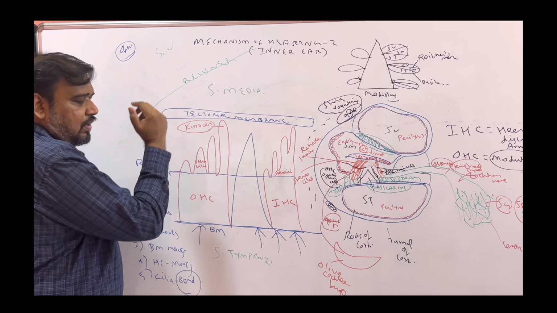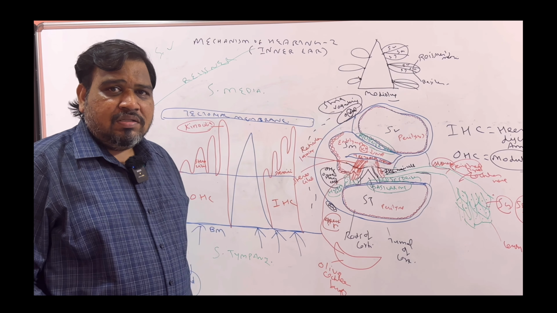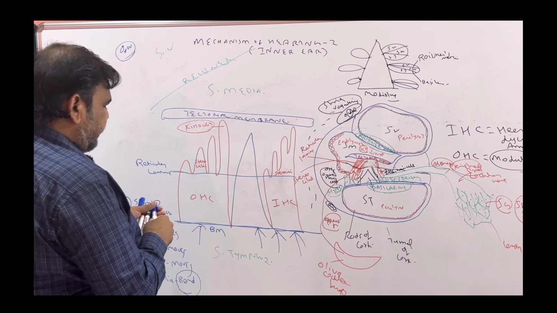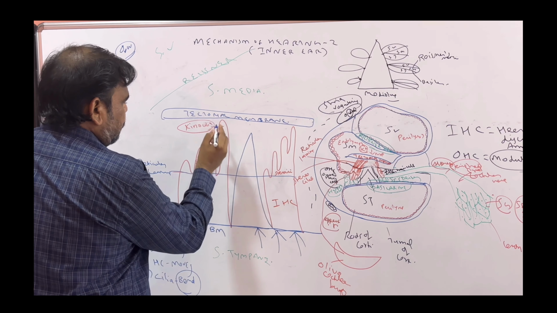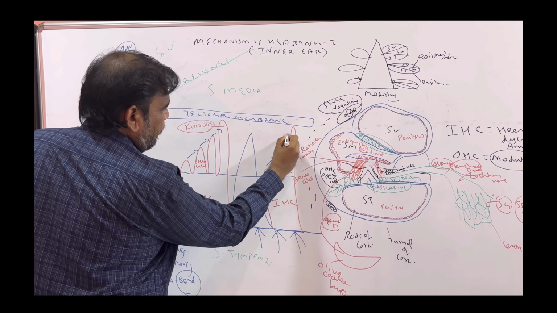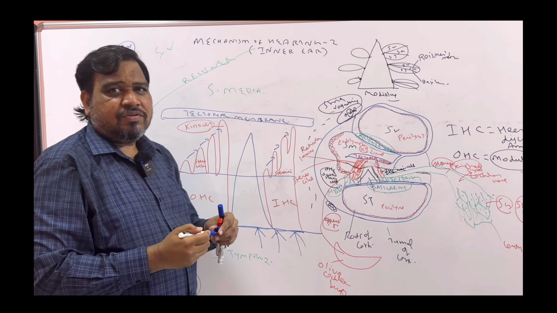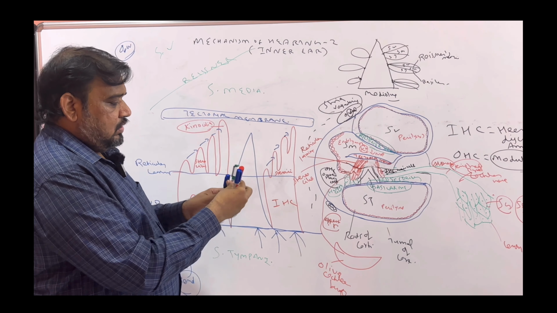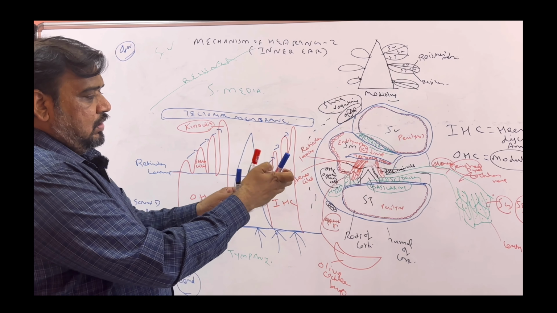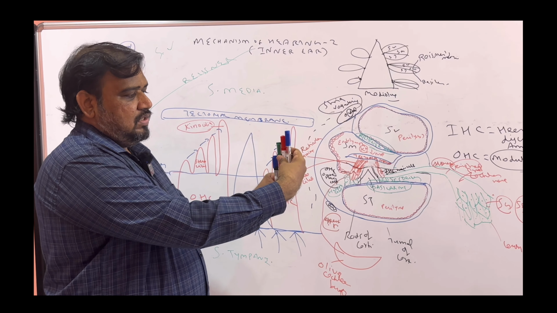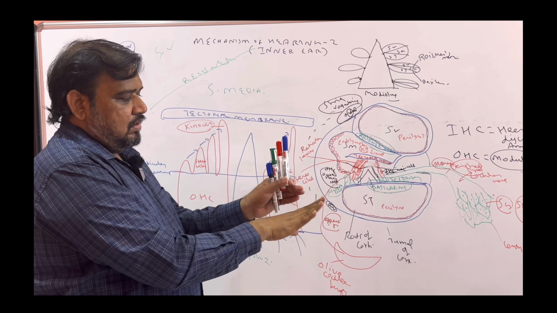Now imagine what happens to the stereocilia. It is going to strike the tectorial membrane, and what happens? As it strikes the tectorial membrane, there will be movement like this, a bend. So the bend of the shorter cilia towards the, like this. So these 4 are cilia. Now imagine all these 4 are cilia, and this is